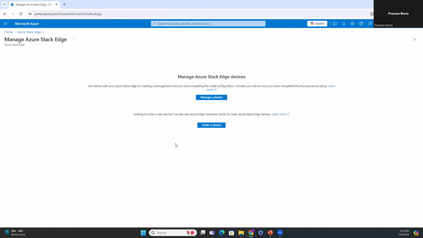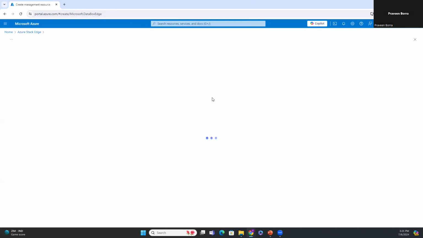Now I see two options. One is manage a device and the other one is order a device. So now I will choose manage a device. We can get started with our Azure Stack Edge by creating a management resource and completing the initial configuration. And we can activate the device once we have completed the physical device setup. So click on manage device